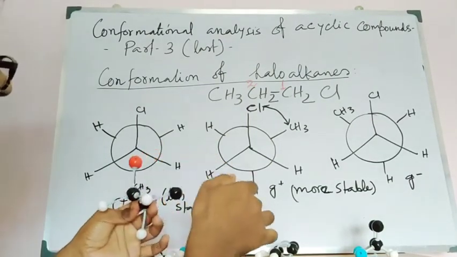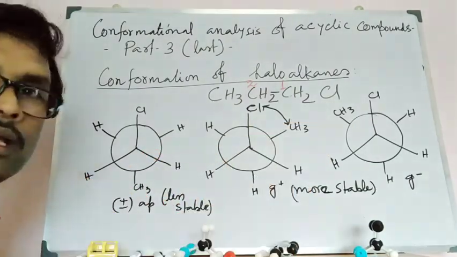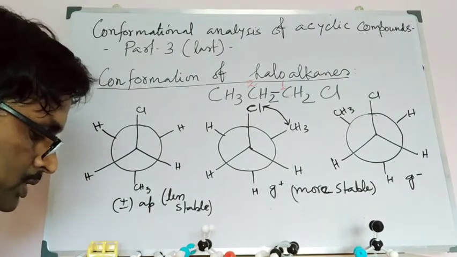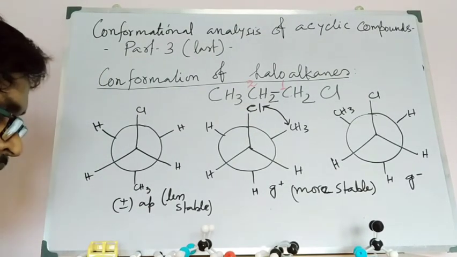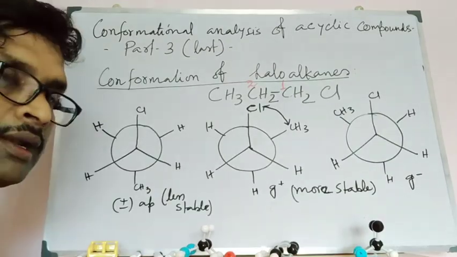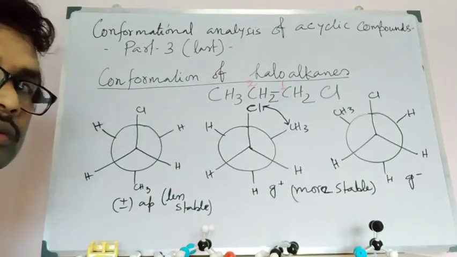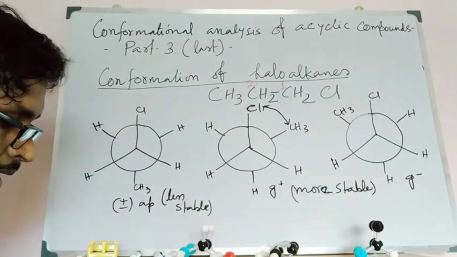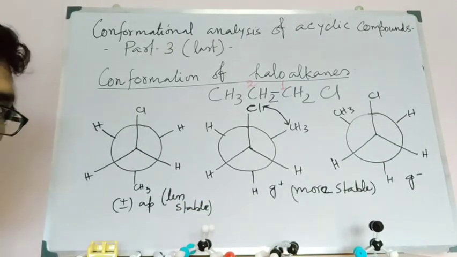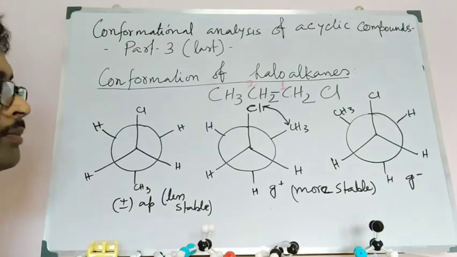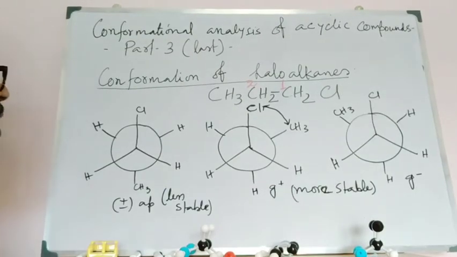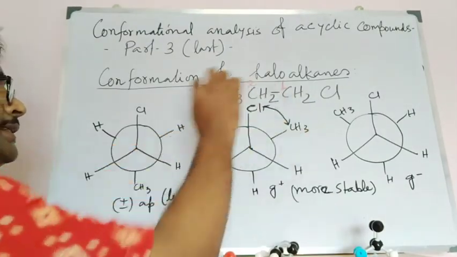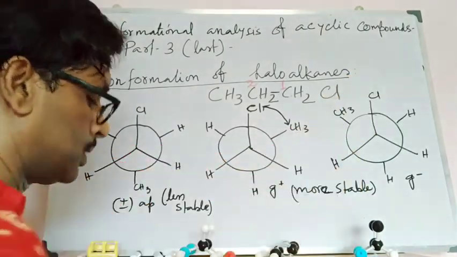So why are the gauche conformations more stable? This is due to the London force. This is when the van der Waals force is attractive in nature, so these groups attract each other. This type of force is called the attractive force, and it is specially termed the London force. As they are at a 60 degree angle, their